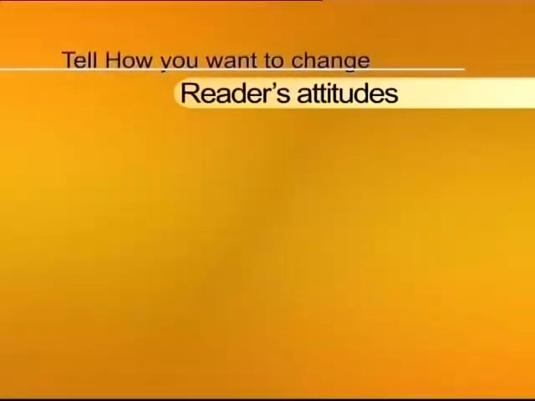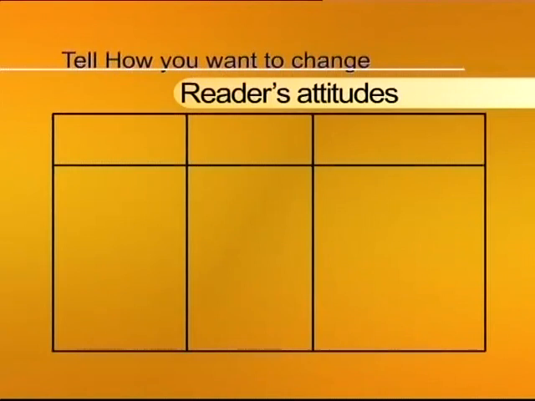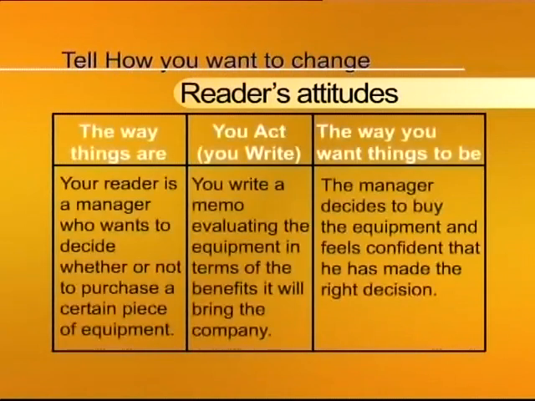Suppose your reader is a manager who wants to decide whether or not to purchase a certain piece of equipment. अगर इस वक्त फर्ज करें ये सिचुएशन है कि आपके जो पढ़ने वाले हैं वो आपके मैनेजर हैं जिनने ये फैसला करना है कि एक पर्टिकुलर इक्विपमेंट है या कोई पुर्जा है या मशीनरी है वो उन्हें खरीदनी है या नहीं खरीदनी, और आपका काम यह है कि आपने उनके एटीट्यूड को चेंज करना या मोल्ड करना है, या उनका एटीट्यूड इस चीज़ के बारे में आपने इस तरह बनाना है कि वो वो मशीनरी या वो पुर्जा खरीदें